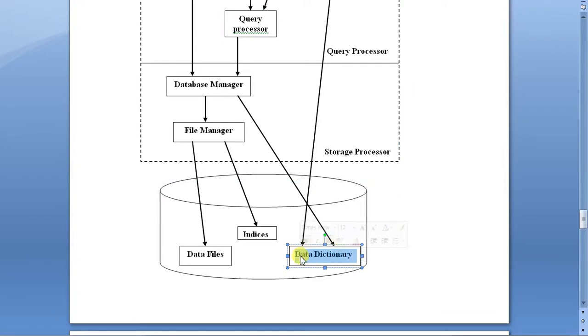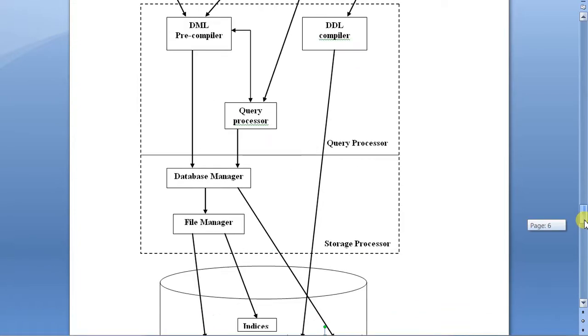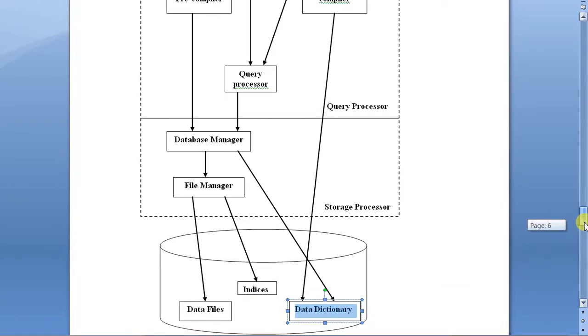I will cover it in detail, but the data dictionary is something which tells the database engine about certain permissions, certain grants and other types of things that are stored within the database. So that is why a direct arrow has been shown: for every query the database manager consults the data dictionary. Okay, and this can be a two-way arrow where the database manager consults the data dictionary, gets the results, and then it is transferred to the file manager.